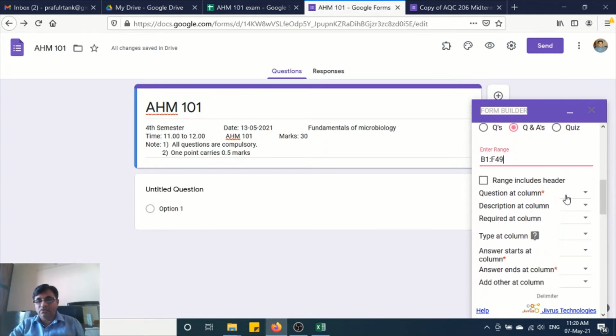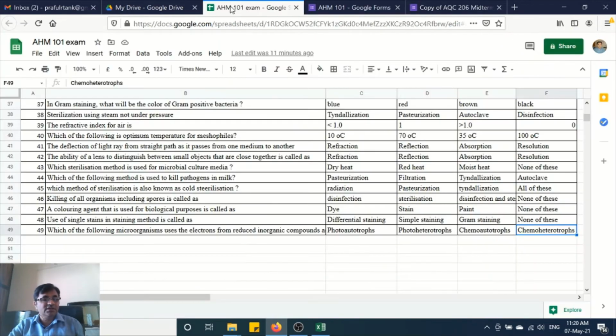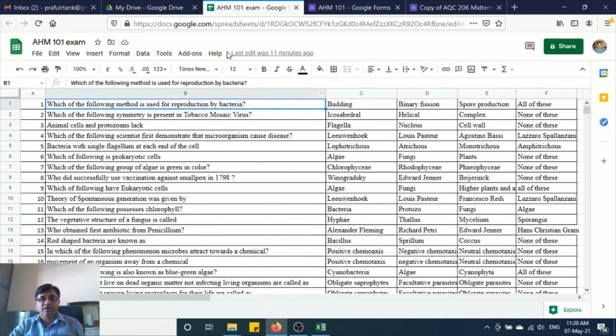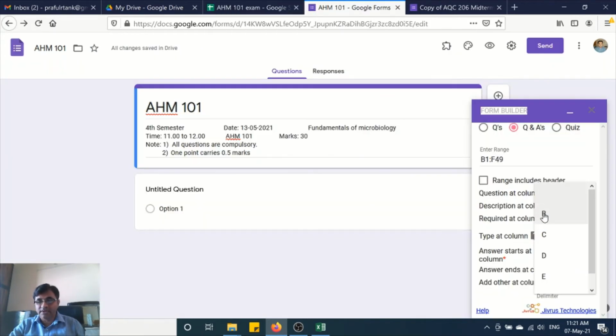Then you have to define the columns of the questions as well as answers. So our questions, you can see here, are in column B. So we have to select the column B over here.